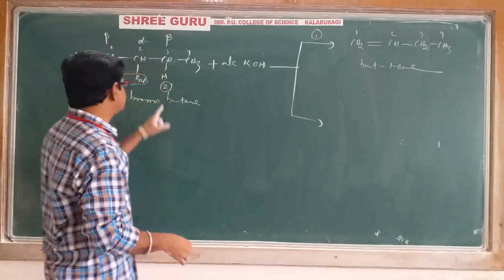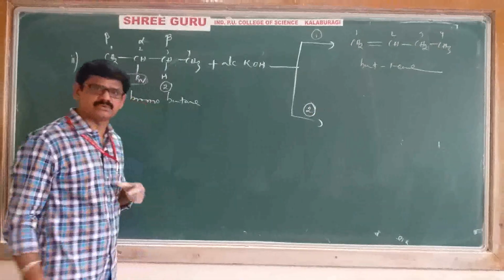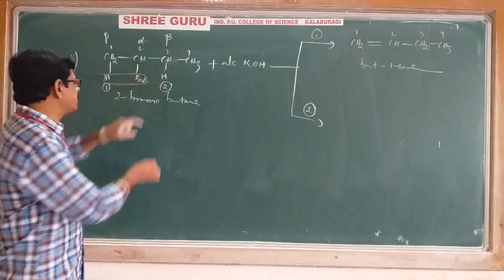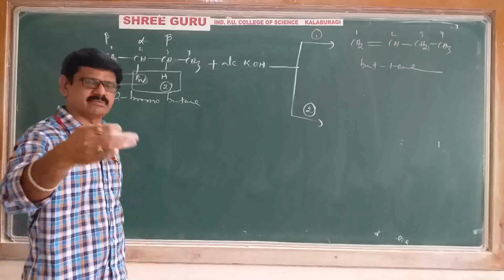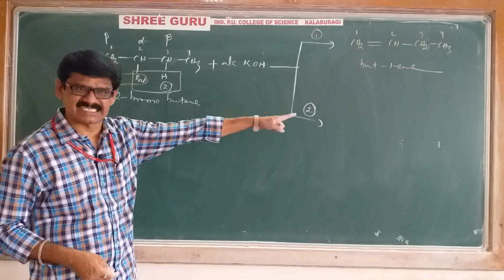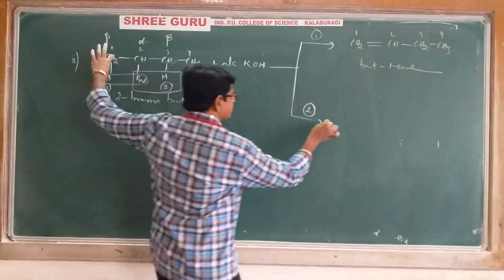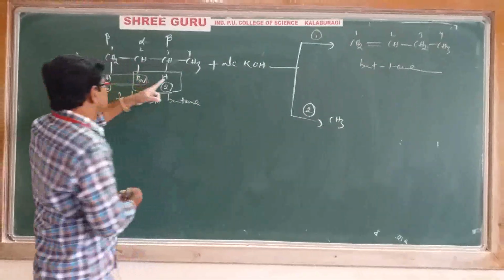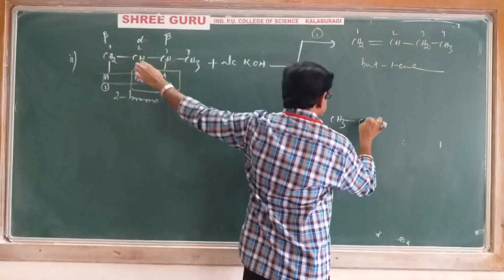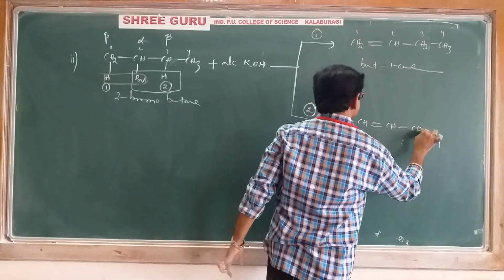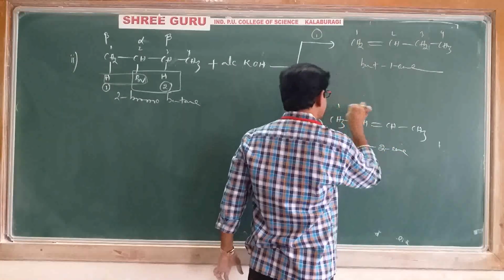Next we'll go to another possibility, because this is also a beta hydrogen. Possibility 2. Suppose this bromine and these hydrogens are eliminated, the second beta hydrogen, another beta hydrogen. We will write its corresponding product. Now this hydrogen is not eliminated, so you will write it as it is, CH3. Now this hydrogen and this bromine are eliminated, means you will get a double bond here: CH double bond CH CH3. Its IUPAC name is but-2-ene. It is 1, 2, 3, 4.